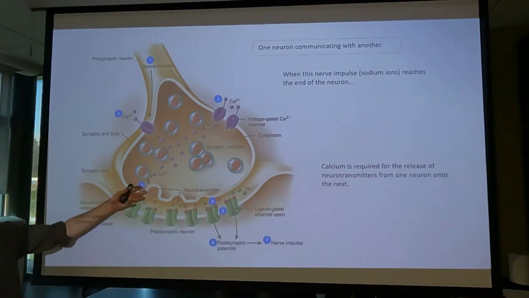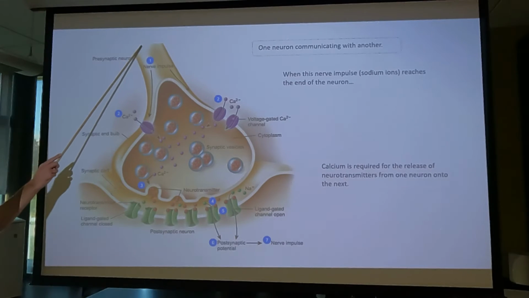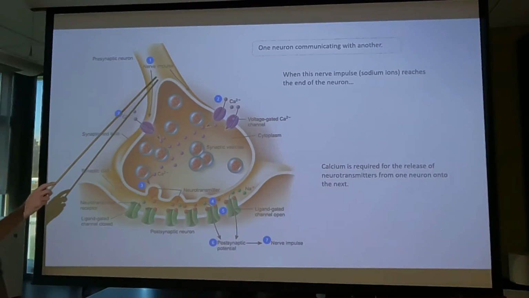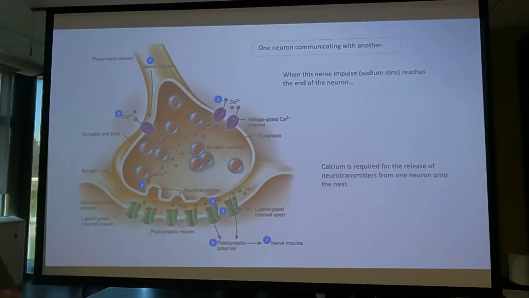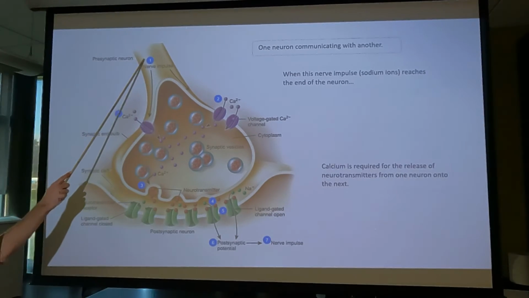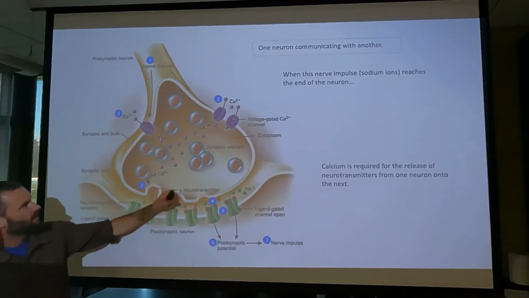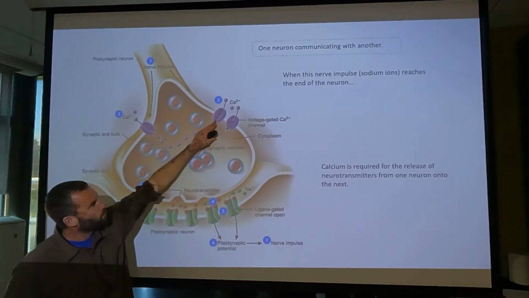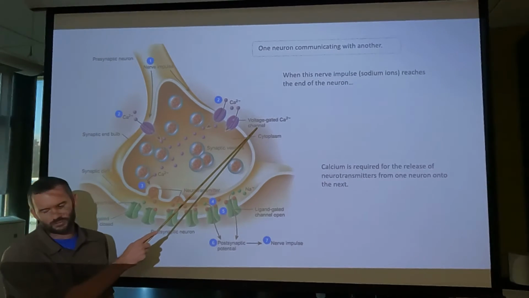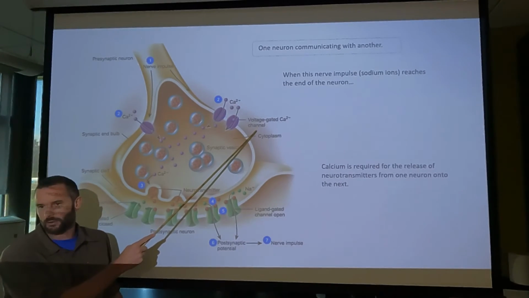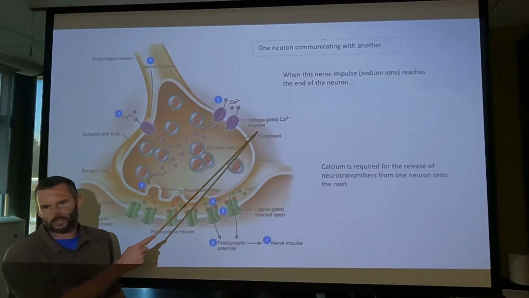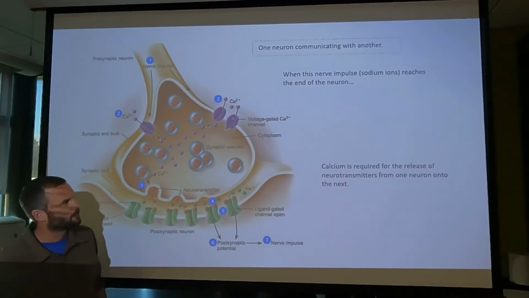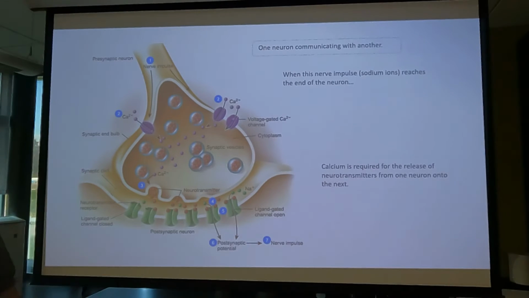So how are those neurotransmitters going to be released? Well, here's our nerve impulse coming down. And by a nerve impulse, what do we mean? I mean sodium ions are flowing down the neuron. Sodium ions flow down the neuron, and they open what are called these voltage-gated calcium channels. This is a lot of complex stuff, but we're going to revisit it in A&P, and it's just a good thing to know how these neurons work.